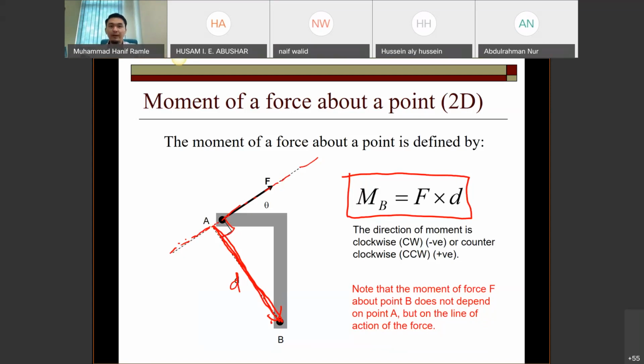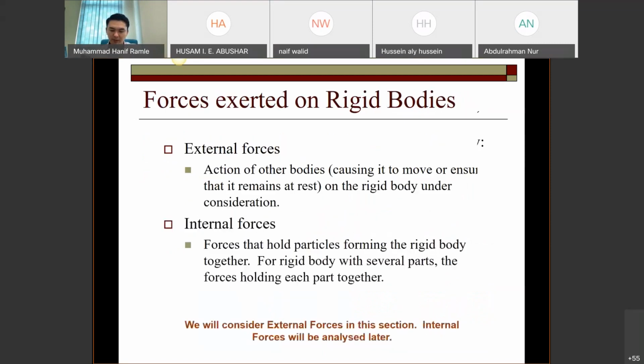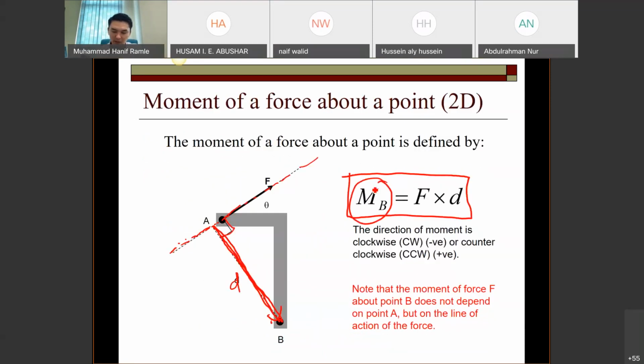Varignon said the moment of a force about a point, which is M,